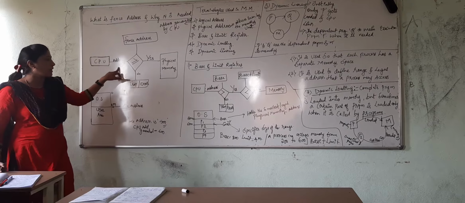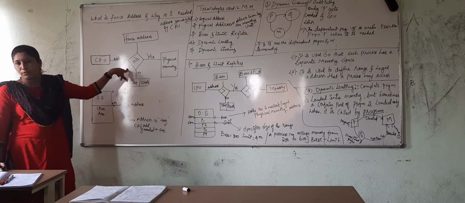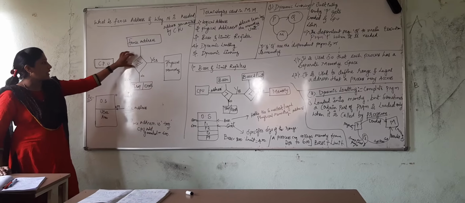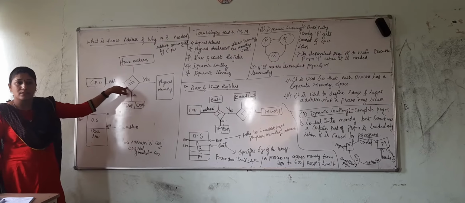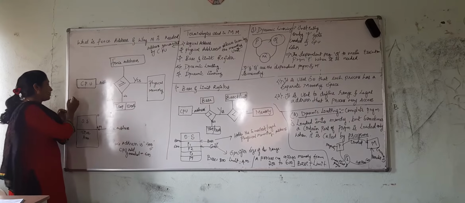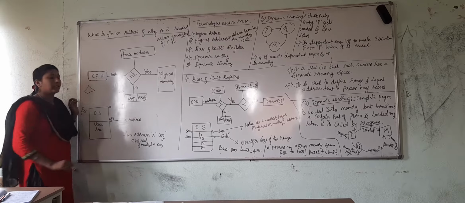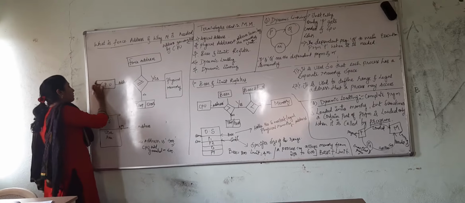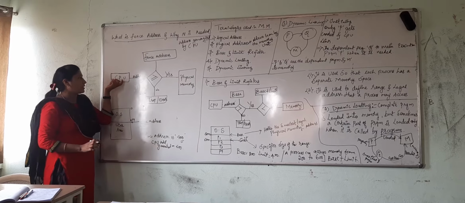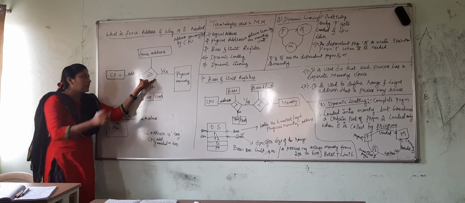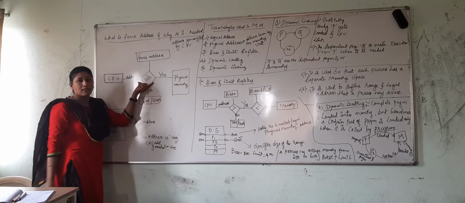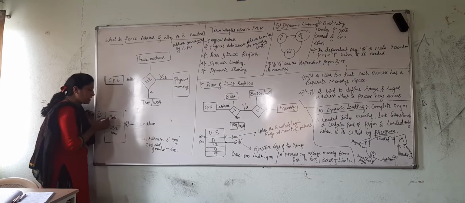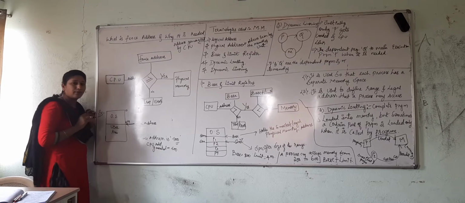Rhombus. What is the purpose of the rhombus? It is used for decision making, right? Whatever conditions you have learned in your programming language, we normally use this symbol to check a given condition, either true or false. In a similar way, the address generated by the CPU is checked against the fence address. For example, here I have specified the fence address ranging from 0 to 499,